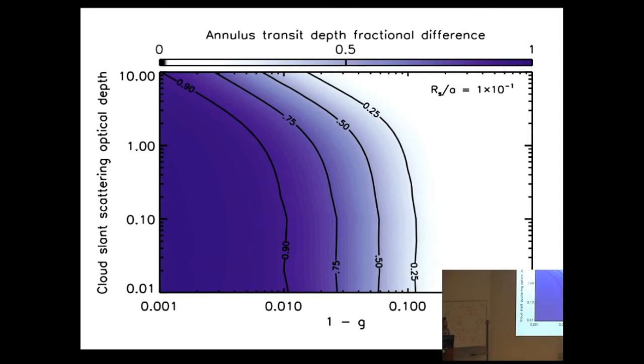By running my transit spectrum simulator, I've been able to map out the difference between, for a single annulus on that planet's disk that has a cloud in it, the transit depth that's computed if you include scattering and the transit depth that is computed if you treat scattering as just absorption. You can see that in the forward scattering regime you can get very substantial differences in the transit depth that you compute for that layer as a result of multiple scattering. And so there are situations where multiple scattering is important. And like I said, this is still something that I'm working on.